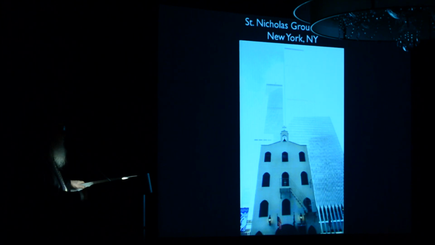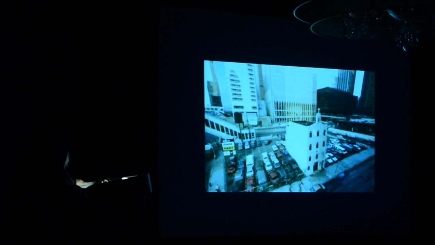And then we come to St. Nicholas Ground Zero. St. Nicholas Ground Zero, this is the way it looked, having in the background the big buildings, and it was sitting on a parking lot. Now, for you to have the real impression in terms of geography, this is Cedar Street. And this in back is Liberty Street. Ground Zero is this kind of thing. One side ends at Liberty Street.